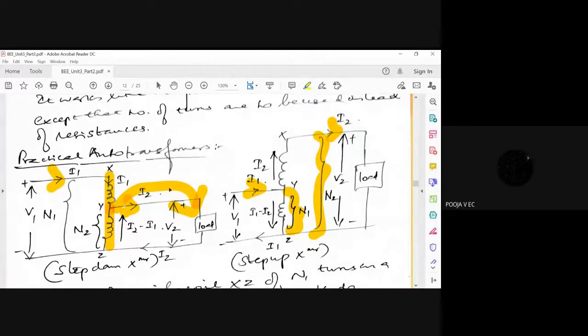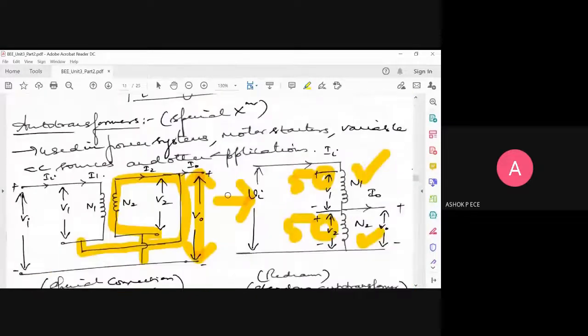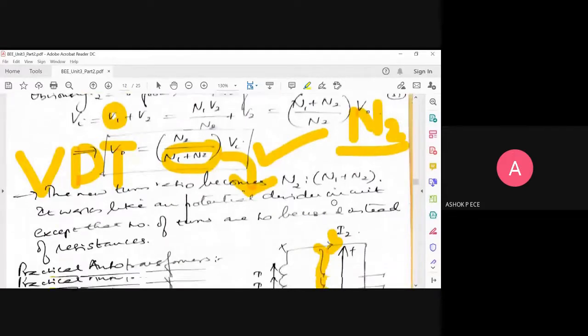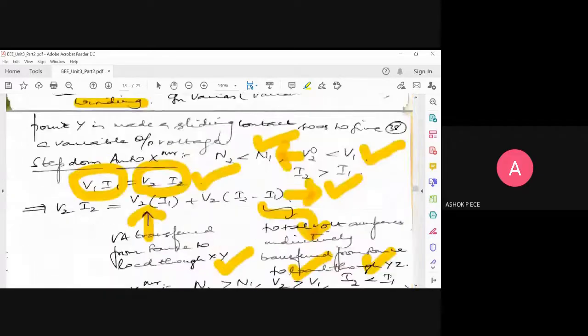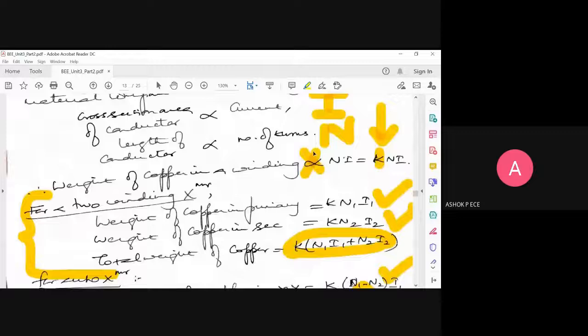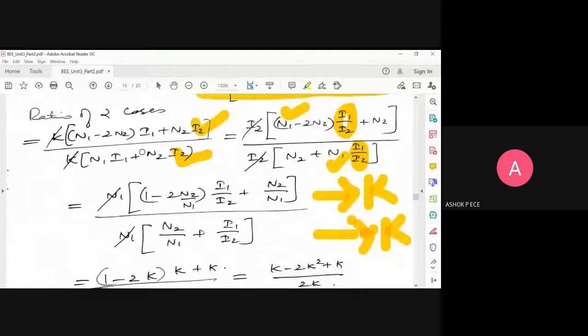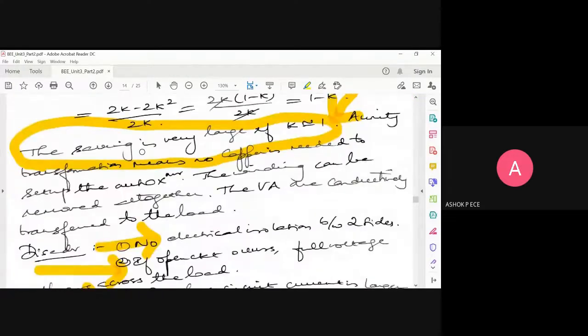Okay, sir. And for autotransformer, what you should write in the exam is, you should draw the diagram of the autotransformer and you should write the new voltage turns ratio, and you have to draw step up and step down transformer diagrams. And in case they ask, you can comment about the savings in copper. So I have taken all topics in autotransformer. So you have to segregate and write what is asked or what is required in the exam. Don't keep writing everything, whatever you know. So see the question properly, see the marks allotted properly, and accordingly you have to shrink or expand your answers.